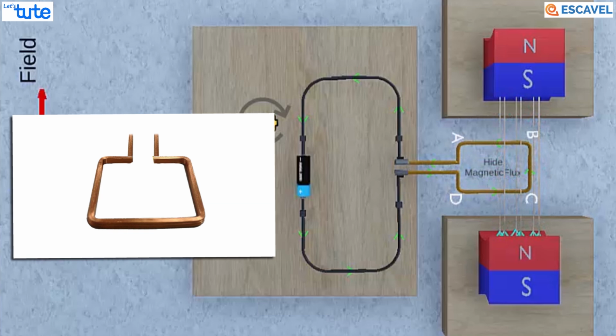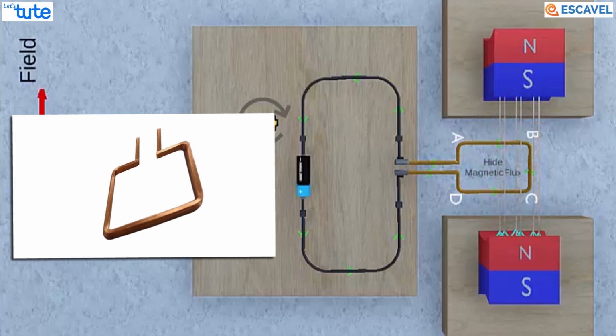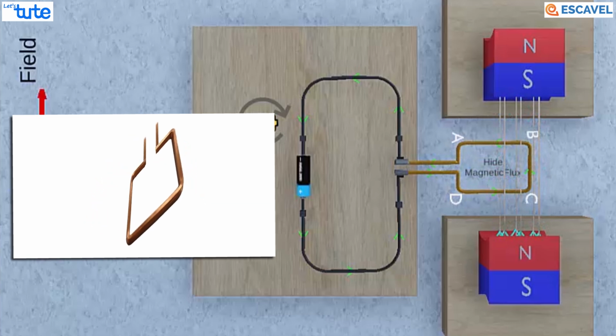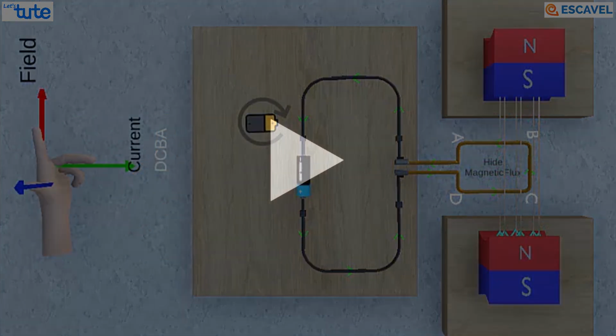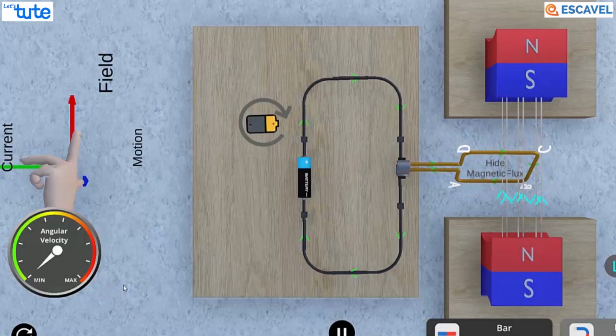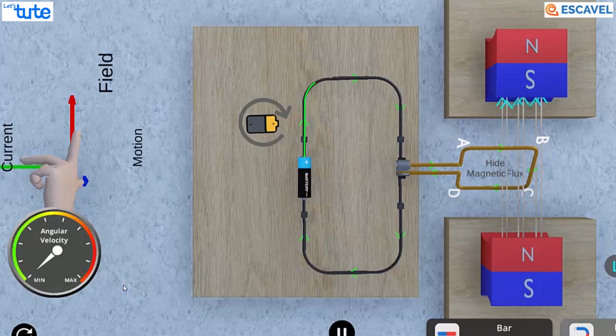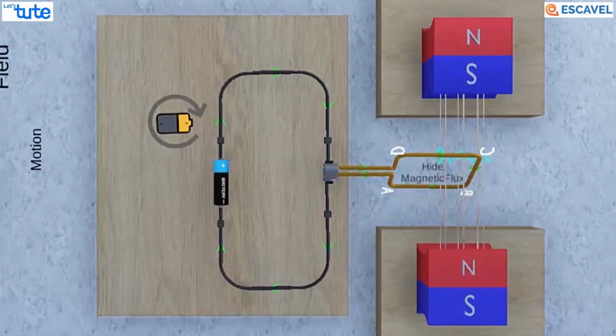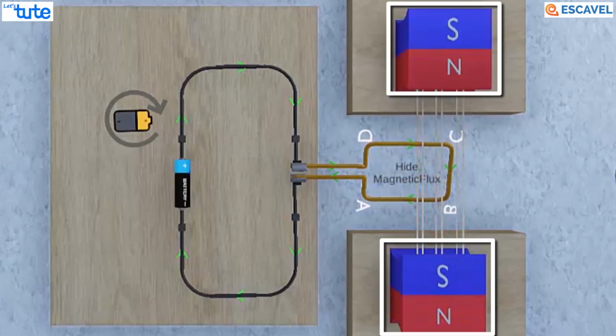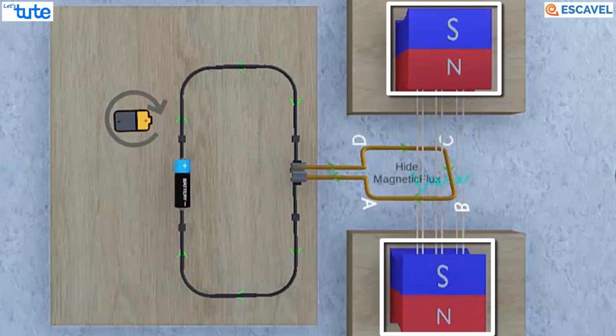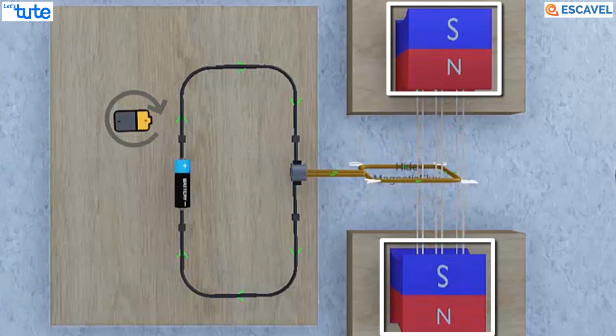So friends, if we want the coil to rotate in anti-clockwise direction, we will have to change the direction of force on the left side. So how is that possible? Now friends, observe here carefully. If we want the force in downward direction, by keeping the flow of current in the same direction, then we will have to reverse the direction of the magnetic field, for which we will have to reverse the position of magnetic poles, which would not be possible every time.